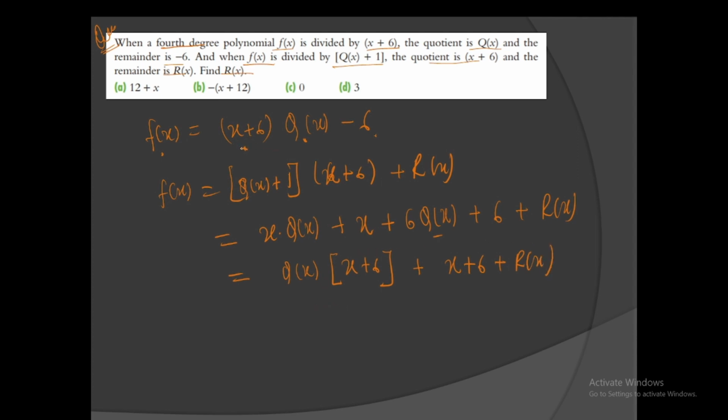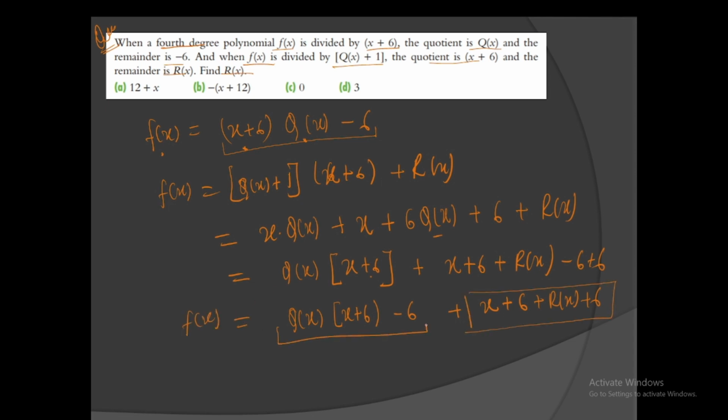And we know that this thing, x plus 6 into q of x minus x, is f of x. So we will be doing minus x then plus x and combining it, x plus 6, and it will be x plus 6 plus r of x, and this plus 6 over here I have taken, and it will be f of x. We know that this thing is f of x, so replacing it by f of x equal to f of x minus x plus 2 plus r of x. So it will get cancelled, and from over here we get r of x to be negative of x plus 2. So this is our answer,